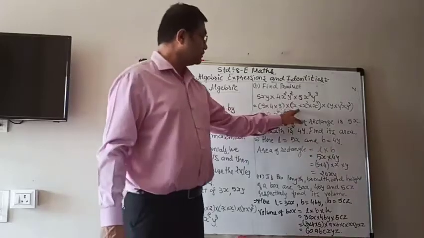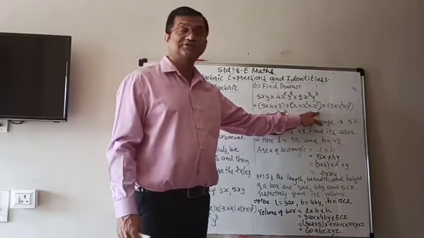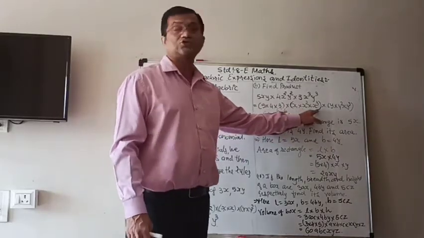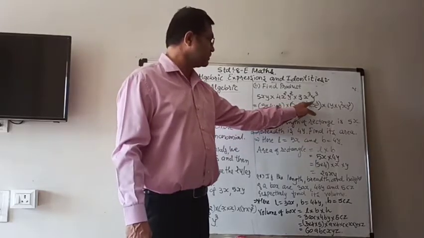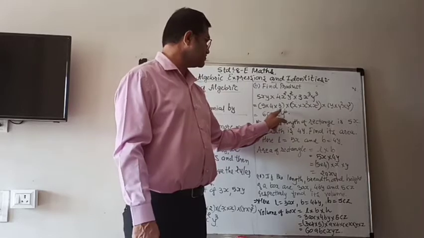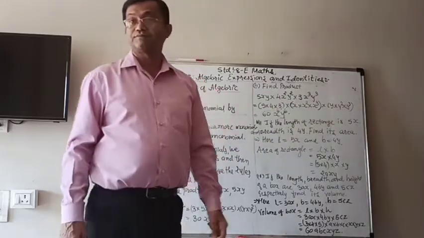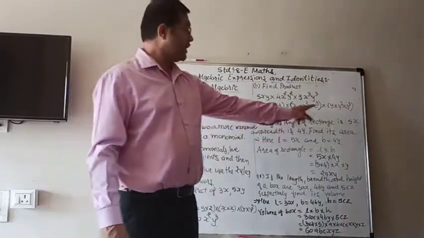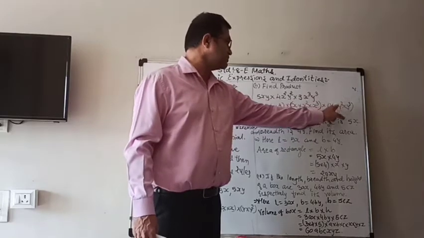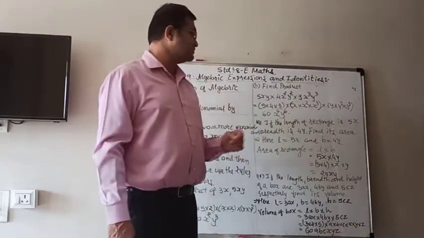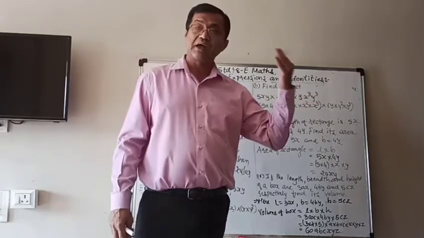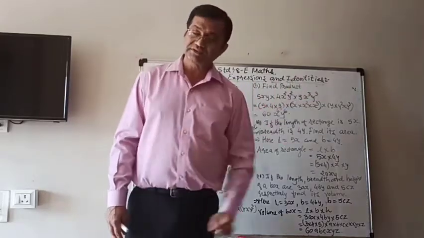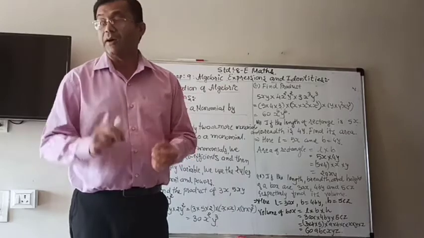Now here we use the power rules. All the multiplications of powers are added. So here it is 1 plus 2, 3, 3 plus 3, 6. So x raised to power 6. And then y also has 1 plus 2 plus 3, which means 6. So the final answer is 60 x raised to 6, y raised to 6, which is again a monomial.